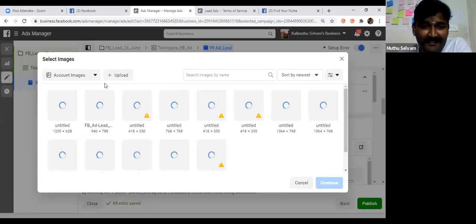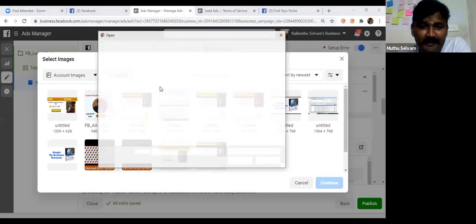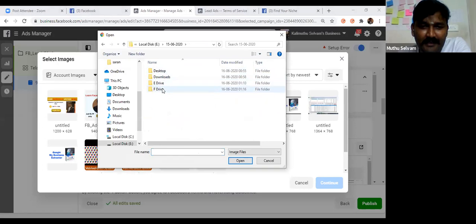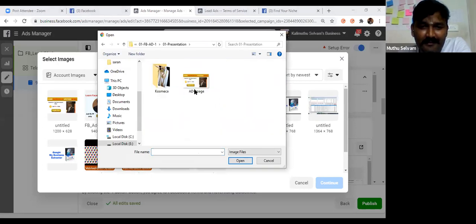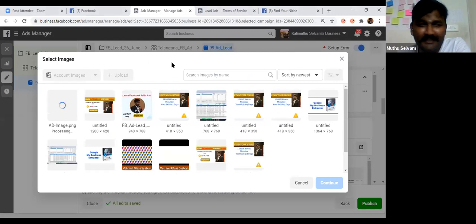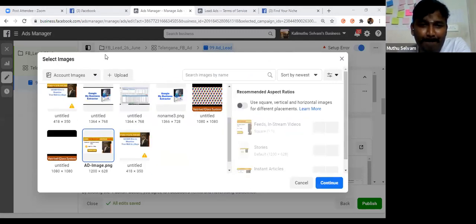When you click the ad image, you upload it with this button. One image I made for today's presentation. When you click this button, it will open up.